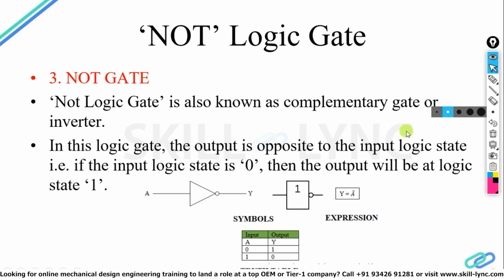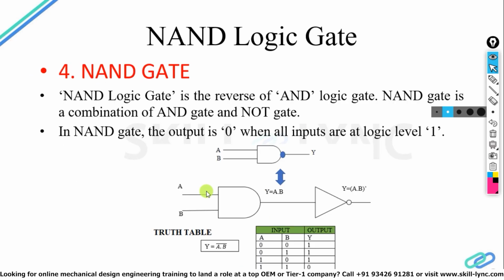So Y is equal to A bar. This A bar is the complement. Sometimes in digital electronics you will see this bar is known as complement, sometimes it is tick, sometimes it is known as dash. All are the same thing. So the symbol is this and the expression is this. The symbol's shape is just like a triangle, a triangle with a bubble or a simple triangle may also be there. It means it is a NOT gate. And 7404 is the IC number of the NOT gate. So the next is the NAND logic gate.